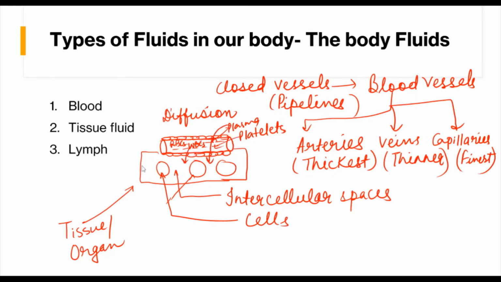They diffuse out through the wall of the capillary. Who? Plasma and WBC, they diffuse out through the wall of the capillary and they in turn enter the intercellular spaces of the tissue or the organ where that particular capillary, this is the capillary which is supplying the blood,